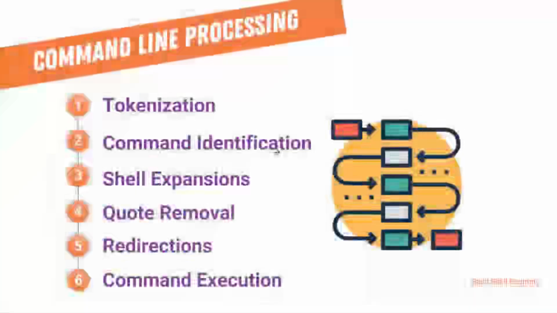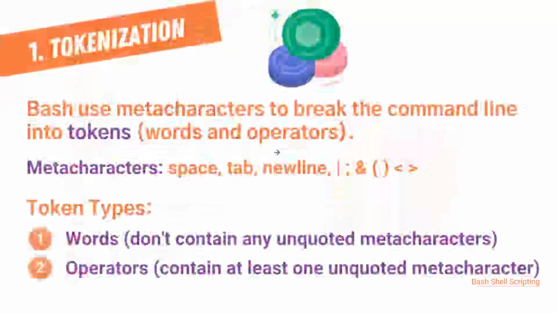After the shell has read its input from the user's terminal or from a file, it will break the input into words and operators, obeying the quoting rules that will be described later in this section. This process is also known as tokenization. A token is a sequence of characters identified as a single unit by the shell.